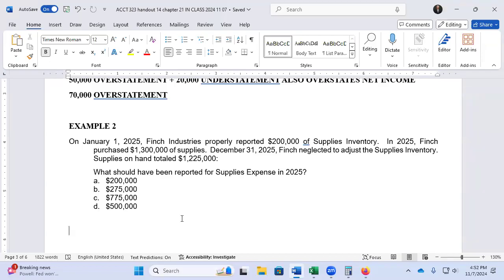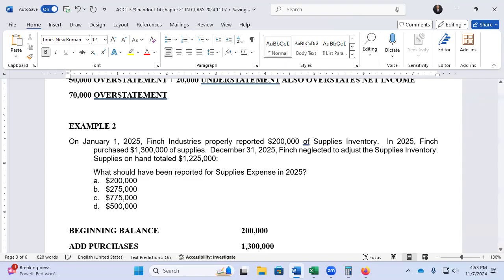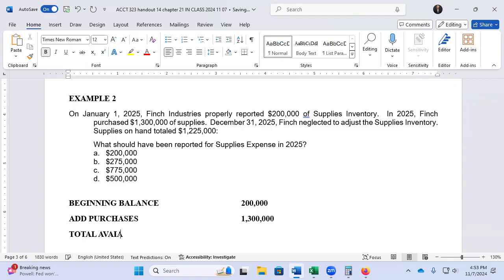Supplies on hand totaled 1,225,000. So that's a lot of supplies on hand. So what should have been reported in supplies expense? So we have the beginning balance, and that was 200,000. We add our purchases, 1.3 million. And so total available supplies,